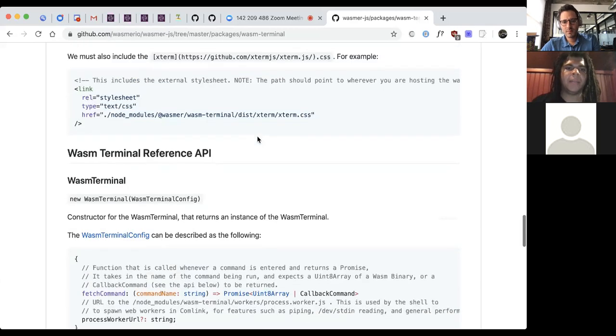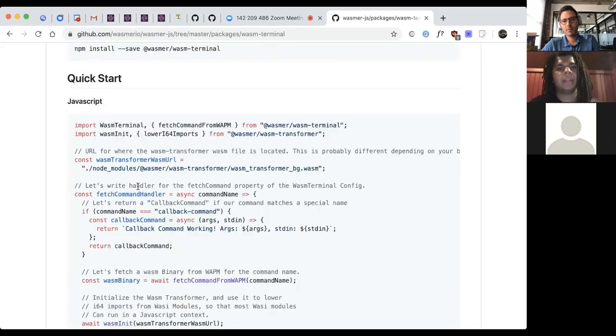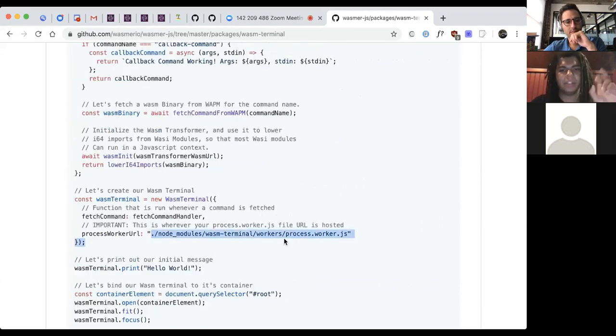Another thing that's kind of funny about this is that it has its own CSS. We need to import the xterm CSS, and users need to know to do that. We also tell them that they need to use the Wasm transformer if they want most things to work, as it's here in the docs. Since they have control over the fetch command, this is a documentation issue, but not really built into it. Another thing they need to pass in is the worker for the processes, so the web workers